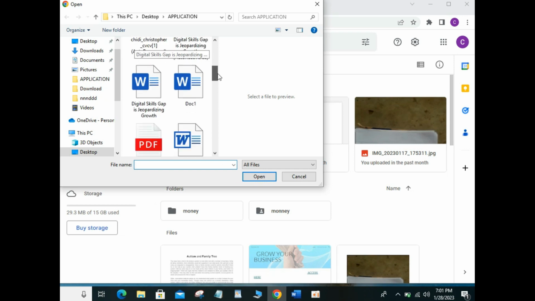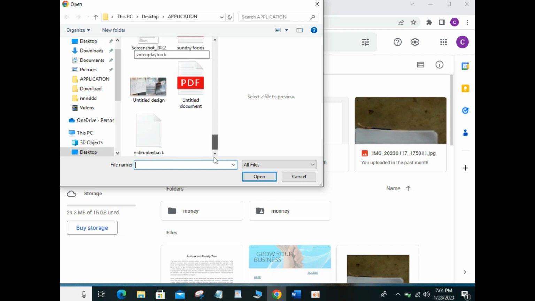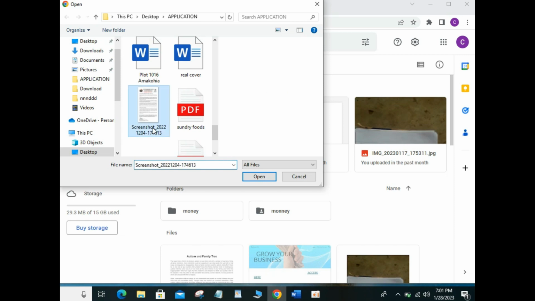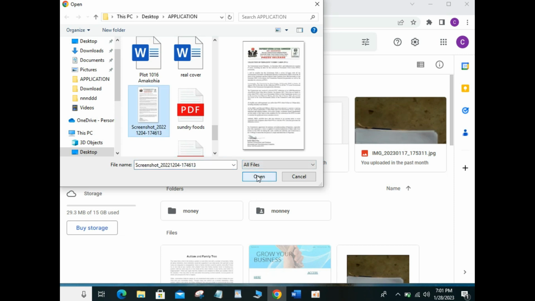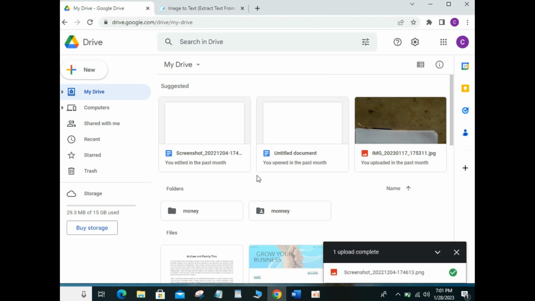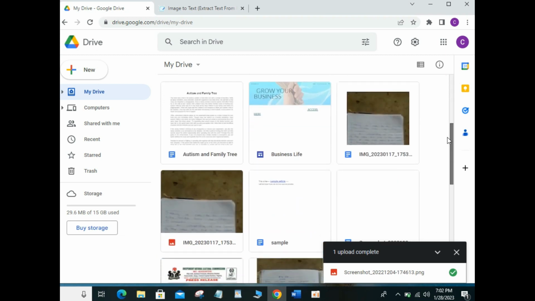So I'll go right there and we can see it. Just go over and it is here. Click on it, click on Open, and it will load onto Google Drive like so. It is loading. And when it has uploaded, just go over to where it has been uploaded,